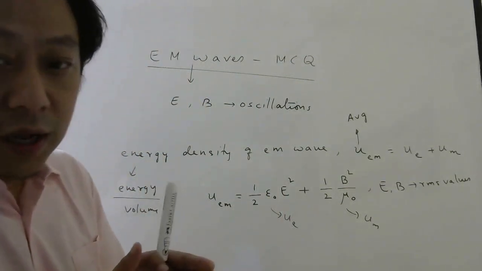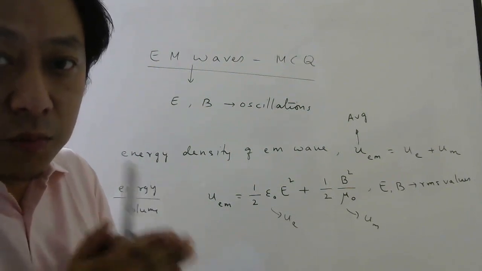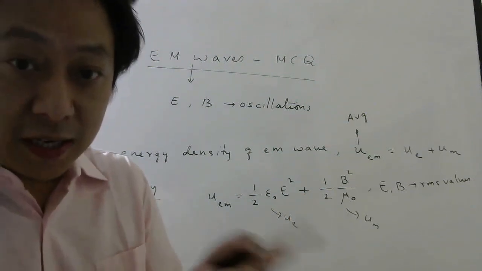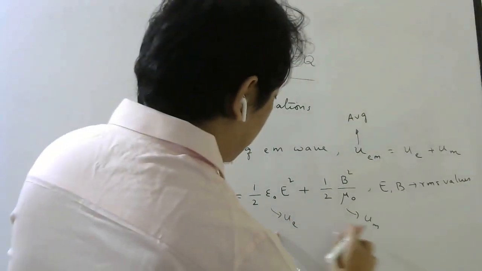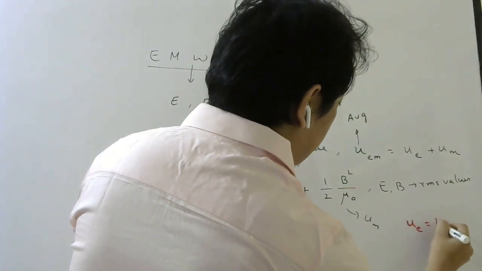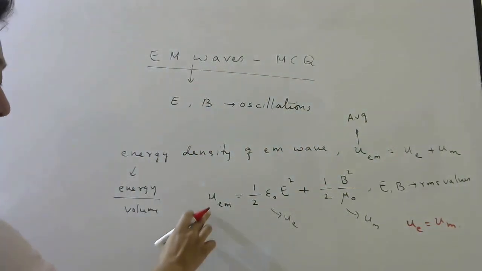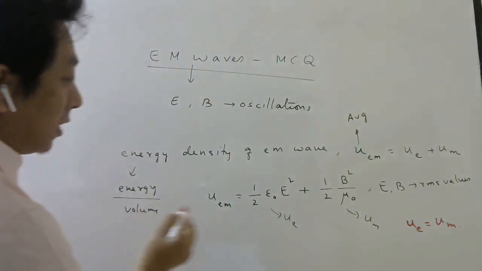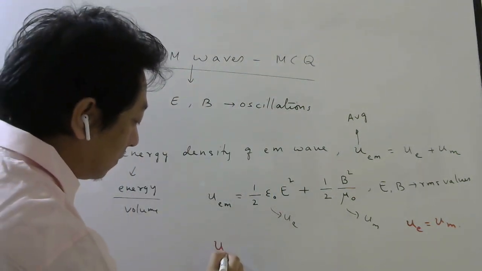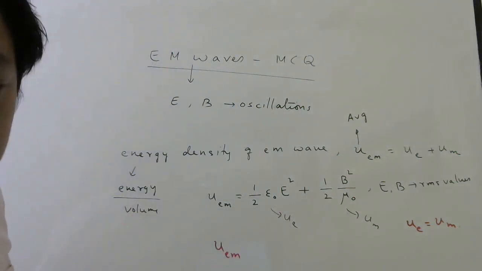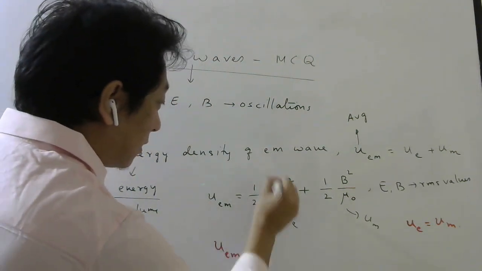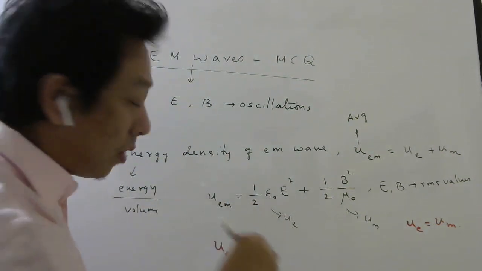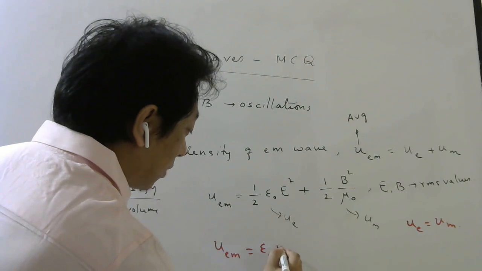Now, we know that the total energy density is divided equally between electric field and magnetic field. In other words, these two are equal. So we can write this formula either in terms of only this, or we can also write in terms of only this. Let us write in terms of only this. Then the energy density of electromagnetic waves will be this plus this. But this can be replaced by this also. So half plus half will be 1. So it will be epsilon naught E square.